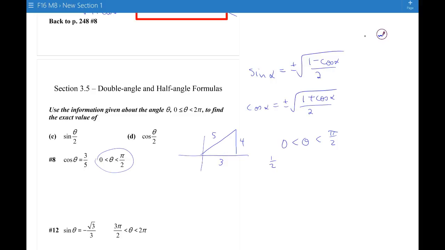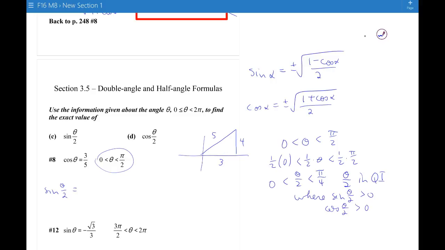And I want to know where half of theta lives. So I multiply through this compound inequality by a half and see that theta over 2 is between 0 and pi over 4. So theta over 2 is in quadrant 1, where sine of theta over 2 is positive and cosine of theta over 2 is positive. So if I want to know the sine of theta over 2, I know it's going to be positive, the square root of 1 minus the cosine of my angle, which is 3/5,